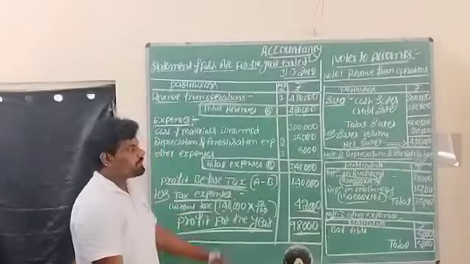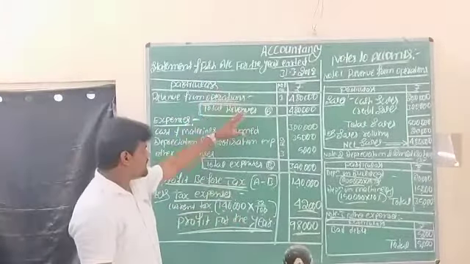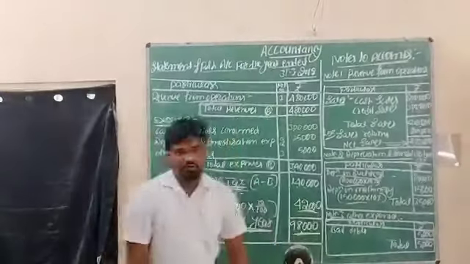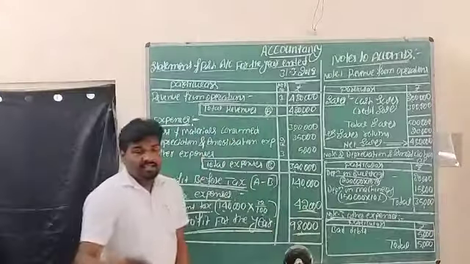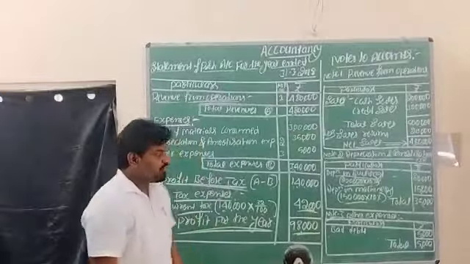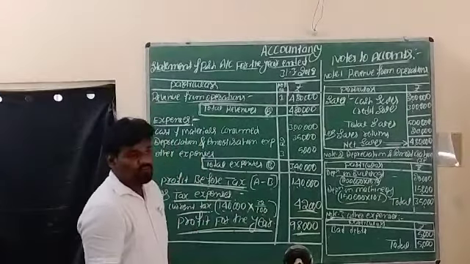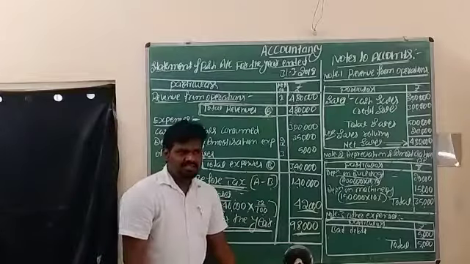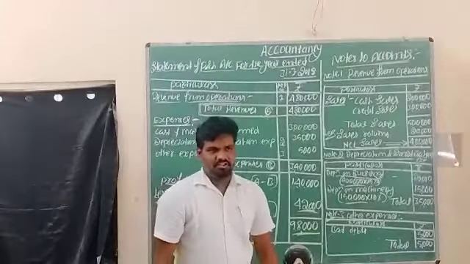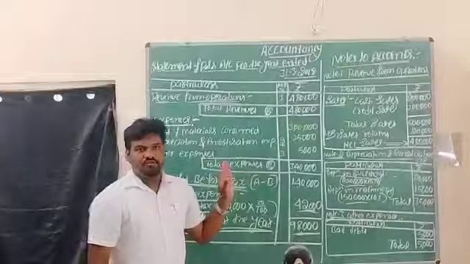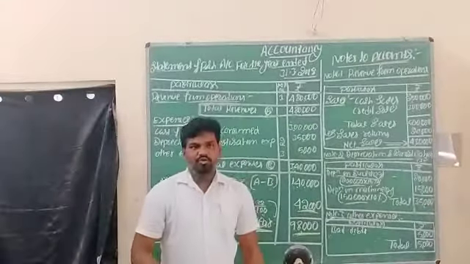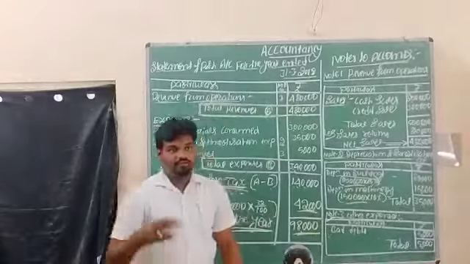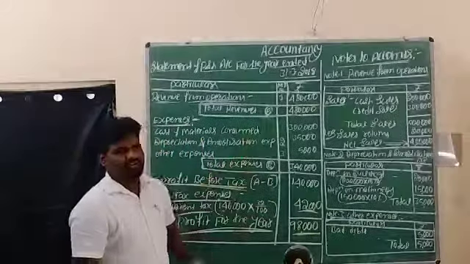The main motive of preparing this profit and loss account is that we need to ascertain the current year total profit, whatever total profit is incurred in the business. By way of finding the profit only, we need to take all these incomes as well as expenses in the business organization. So this is the solution as per the PU board question bank. In that PU board question bank, number 4, this is the solution for that question.